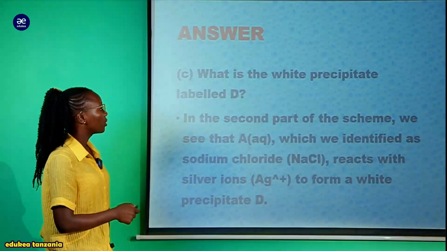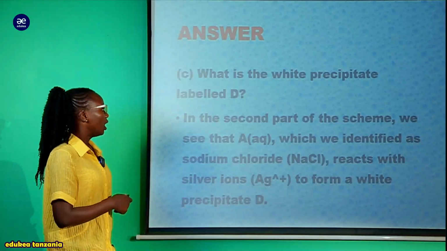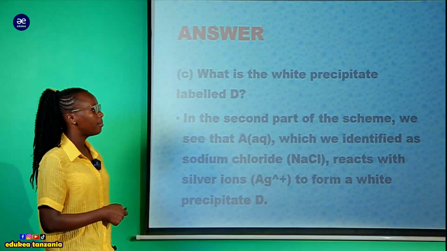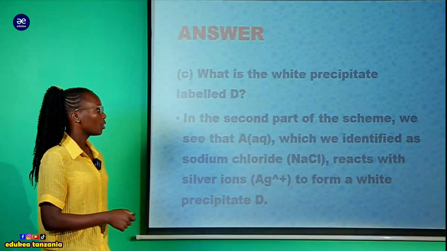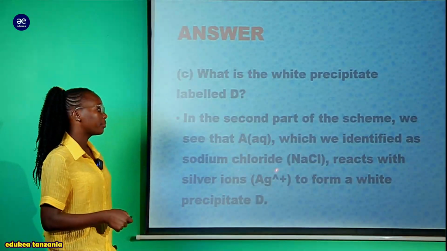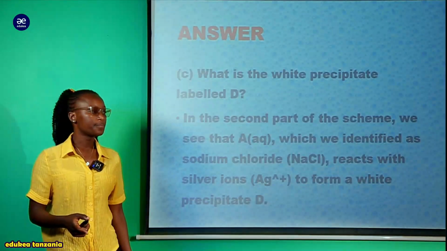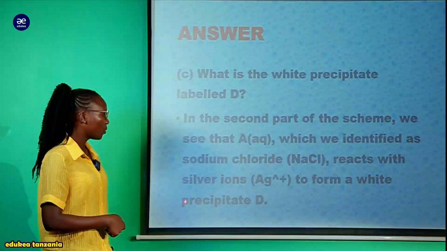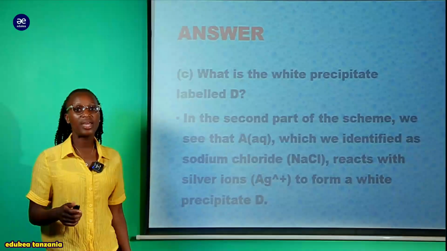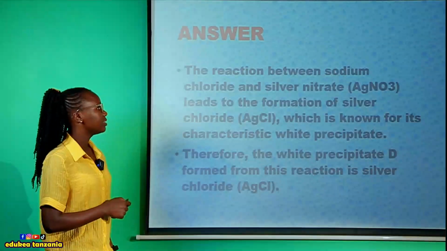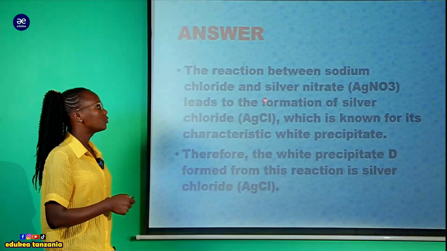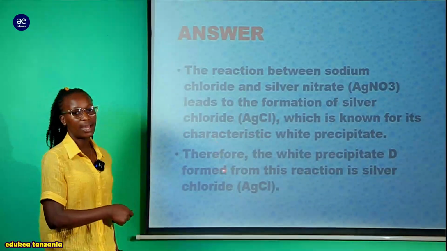So here you can see that in the second part of the scheme we see that A ambayo ilikuwa in form of aqueous, which is identified as the sodium chloride, tusha identify tayari. So react with the silver ion, this one, to form the white precipitate ambayo ilikuwa labeled as D. So you can see that the reaction between sodium chloride and silver nitrate lead to the formation of the silver chloride,